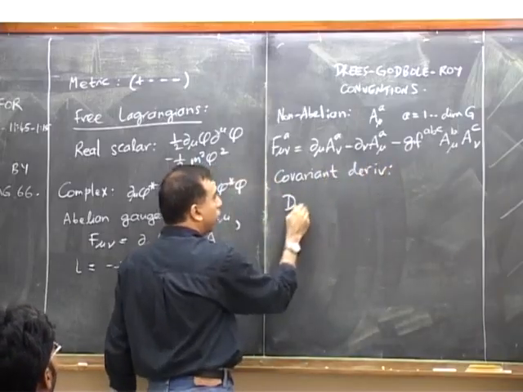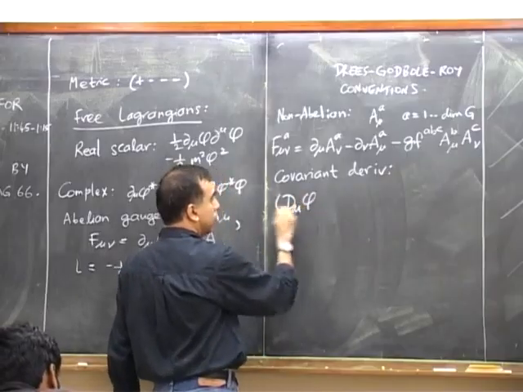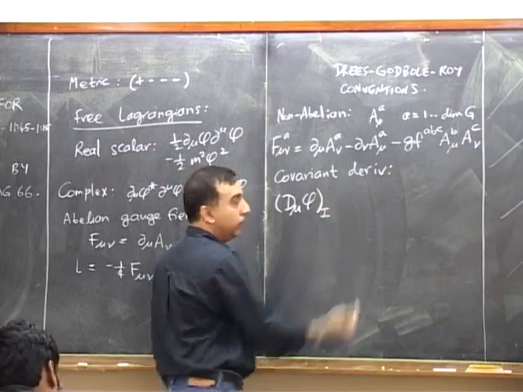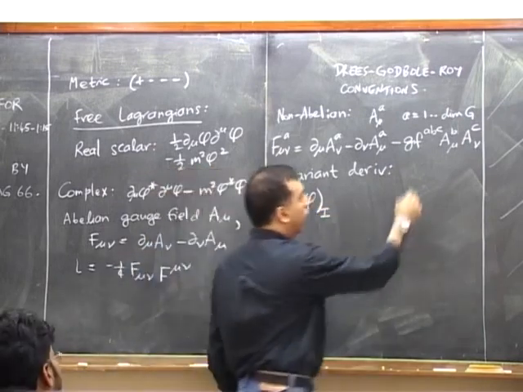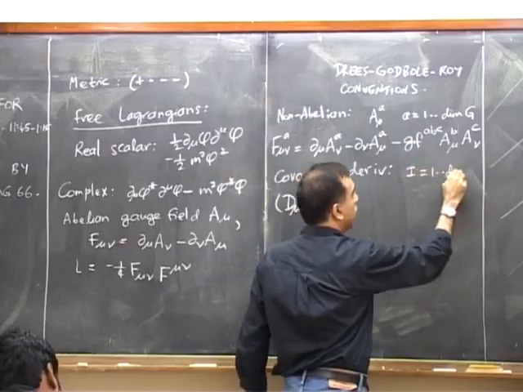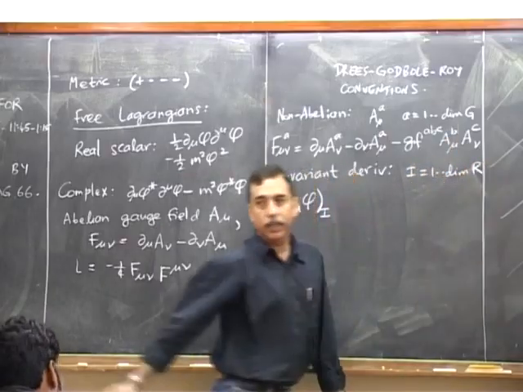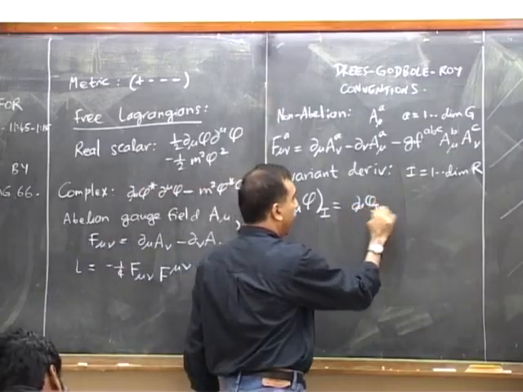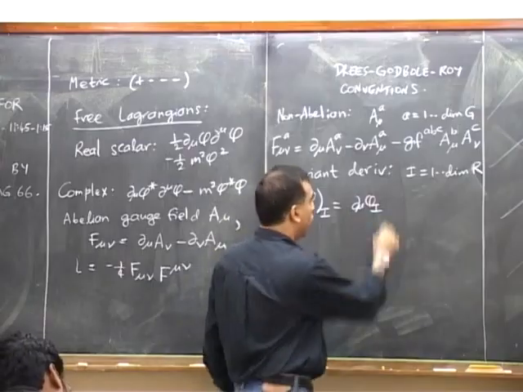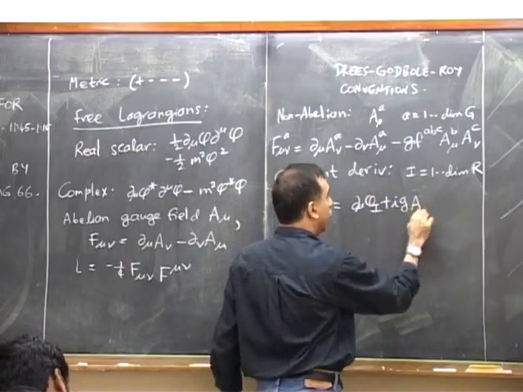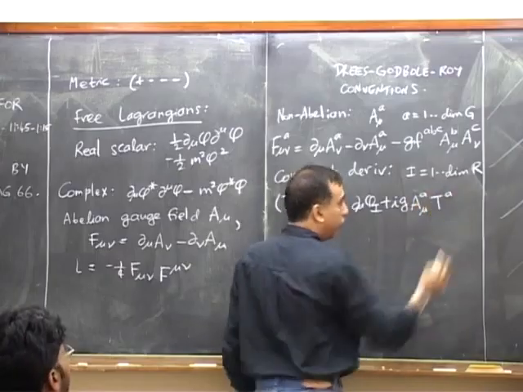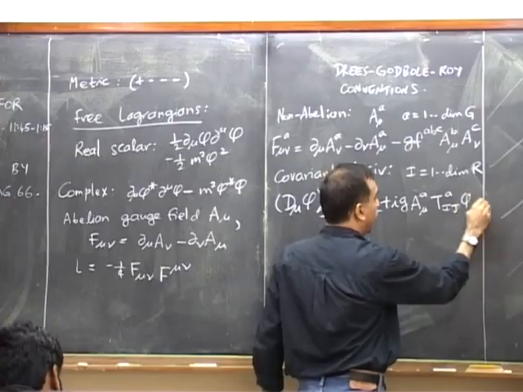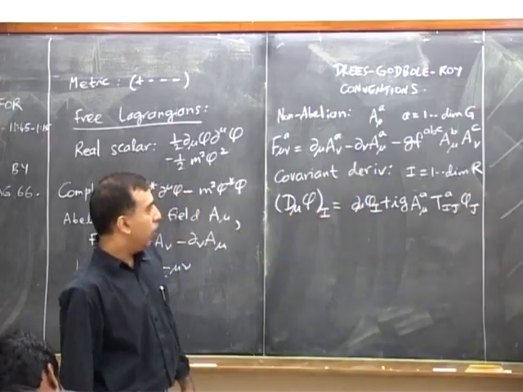The covariant derivative will act on, let's say, a scalar, but it doesn't really matter, it could be a fermion, which would be in the representation whose index is I, where I goes from 1 up to the dimension of the representation of the gauge group. And this is D_mu phi^I, and now there is a sign and it's correlated. It's plus i g A_mu^A (T^A)^I_J phi^J, where T^A are